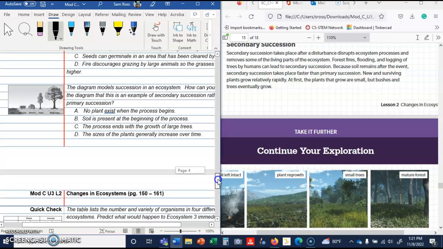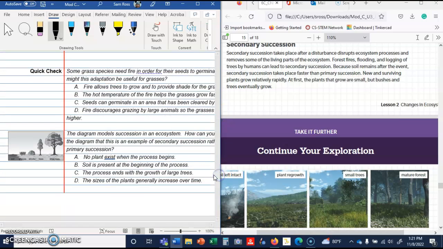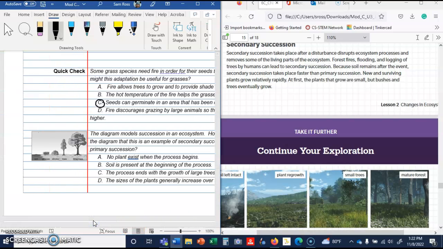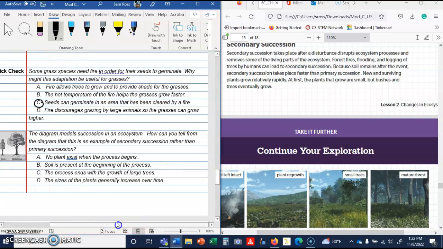All right, let's answer some quick check questions. This says some grass species need fire in order for their seeds to germinate. Why might this adaptation be useful for grasses? It's going to be because the seeds can germinate in an area that's been cleared by fire. And then we have the diagram that models succession in an ecosystem. That's this diagram. How can you